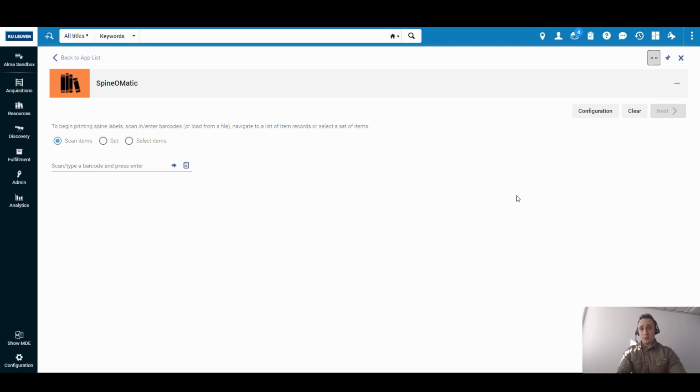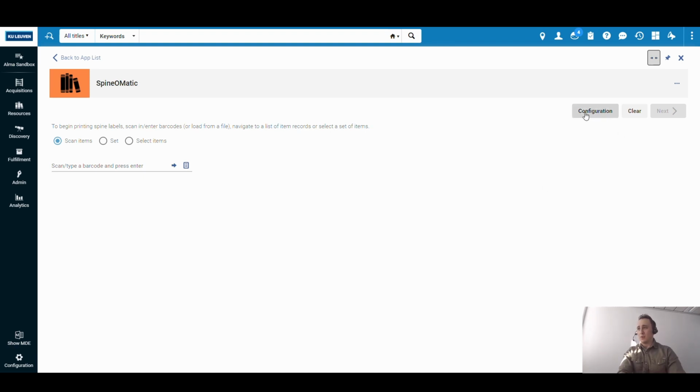Then what we need to do, the first thing that we need to do actually is to create a template so to define our label contents, and a layout to define the dimensions of our label. And we can do this via two ways. We can access the configurations via two ways.